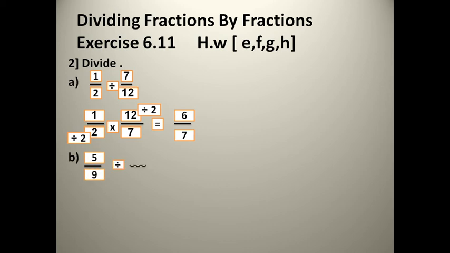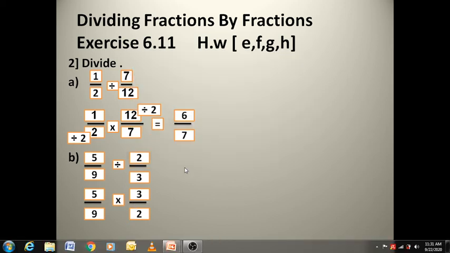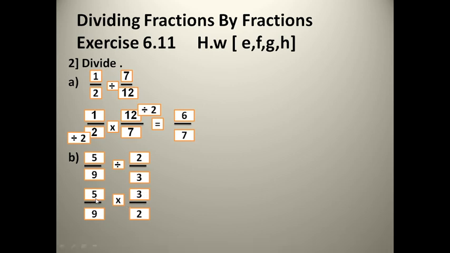Next here this fraction. Now I write the first fraction and convert division to multiplication. Now what will I do? If you change the division to multiplication, you should convert this fraction. How can I change? I put 3 up and 2 down like this and start. Can I shortcut? Yes I can, 3 and 9. So 3 divided by 3 will be 1. 1 multiply 5 it is 5. Now here I divide 3 with 3 it will be 3. 3 into 2 it is 6.